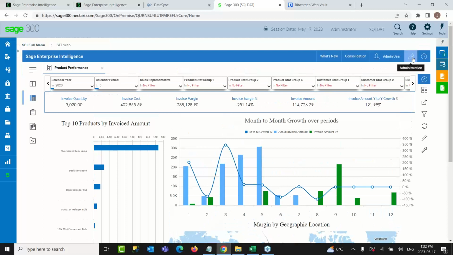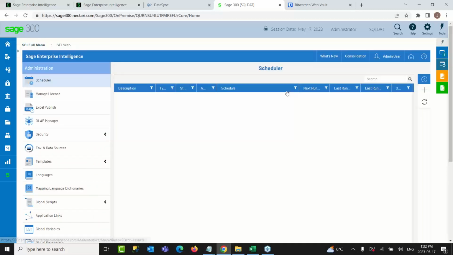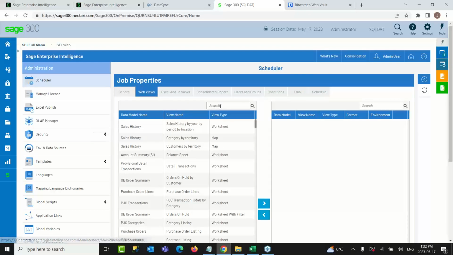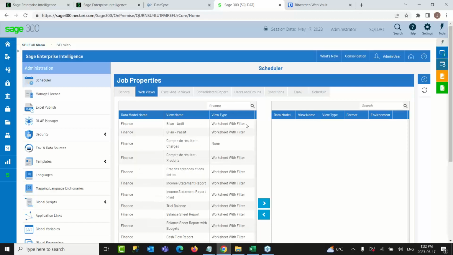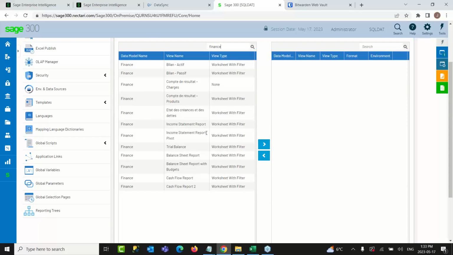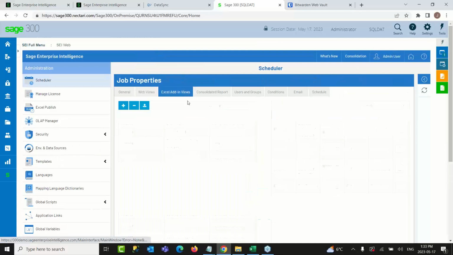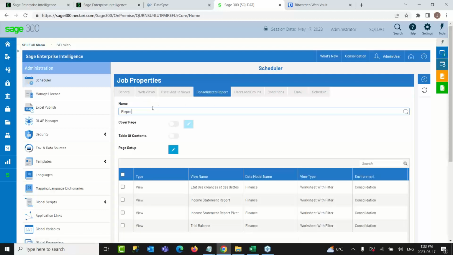What's also interesting is the distribution module, which offers some advanced functionalities when it comes to sharing our reports in the form of reporting packs. So in the web views section right here, we can really select what different reports we would like to include in our reporting packs. So if I want to create a finance reporting pack, I can filter on finance and see the list of different reports and visualizations which are available for me within SEI. If there are any reports sitting in Excel, we can also bring them in and include them in the reporting pack too. And finally, giving it a name,